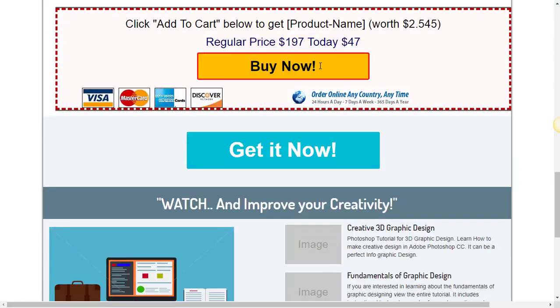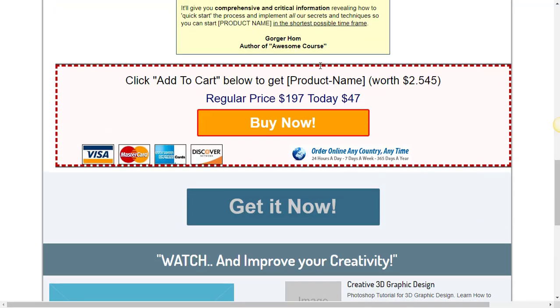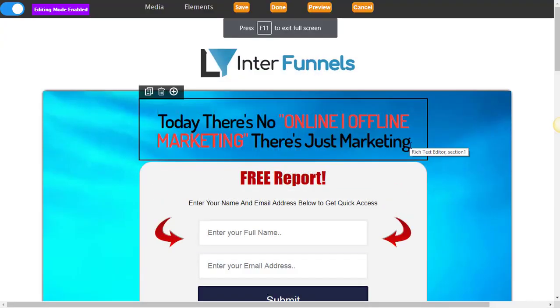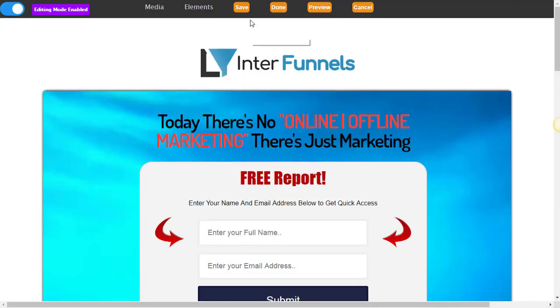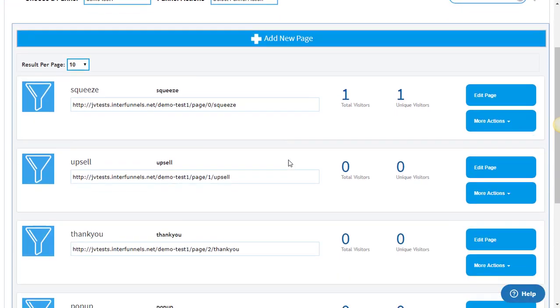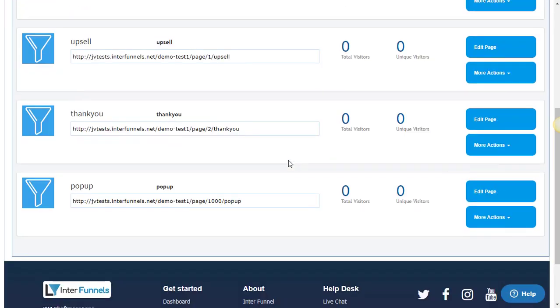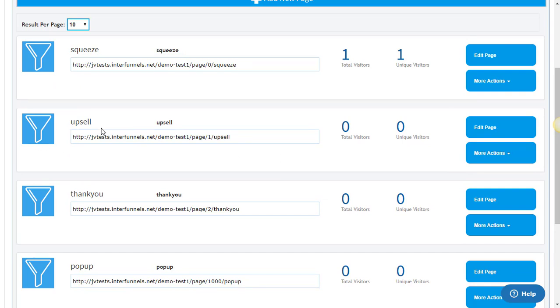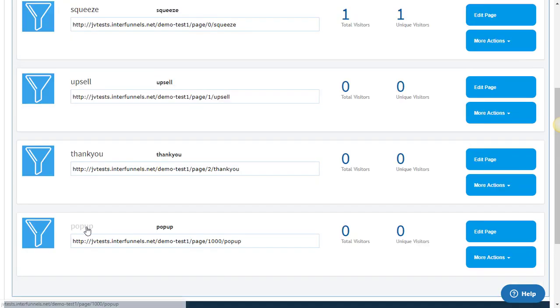As you can see, this is the page that has been built in real time. So let's close this editor. Here you see all the other pages. You can also edit your upsell page, thank you page, and you can also attach a pop-up with your opt-in